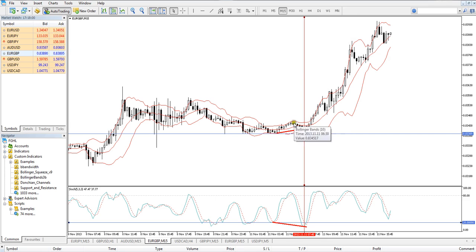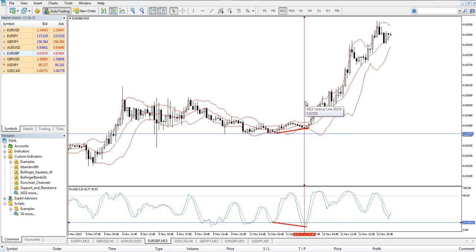And the reason that you know why this is a good area to start trading in an upwards direction is because you've got the same thing happening here that you had here, which is the hit of that lower Bollinger Band. So when you see a new low being formed in stochastics and a break of that 20% line at the same time, if you see a new higher low in price and a hit of the lower Bollinger Band, it's time for you to place a trade